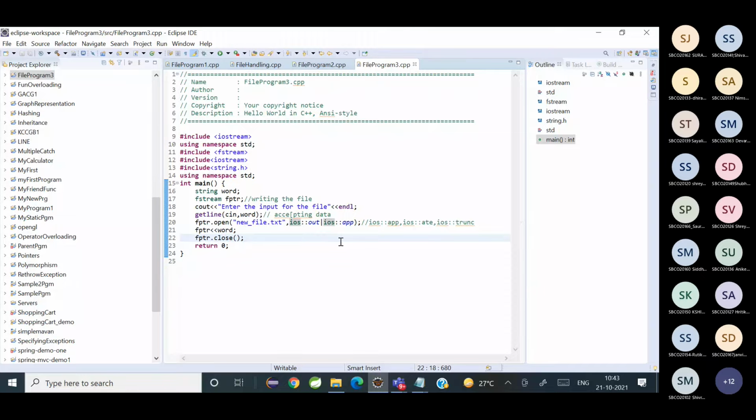Okay, so that was about file opening. So you know how to open files, what are the different streams used, what are the different ways you can open the file, and what are the different modes used while opening a file. Next we want to learn what the file manipulators are. Before we go into file manipulators, can somebody tell me what is the difference between sequential access and random access? What is the meaning of sequential access and random access? Can anyone tell?